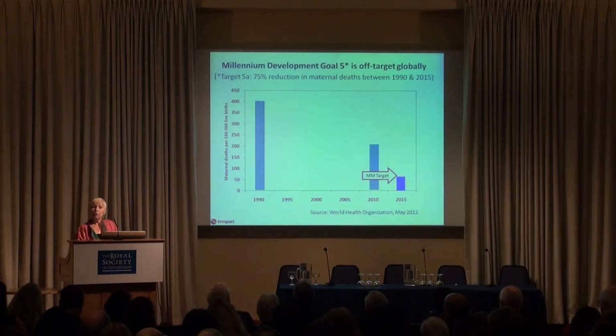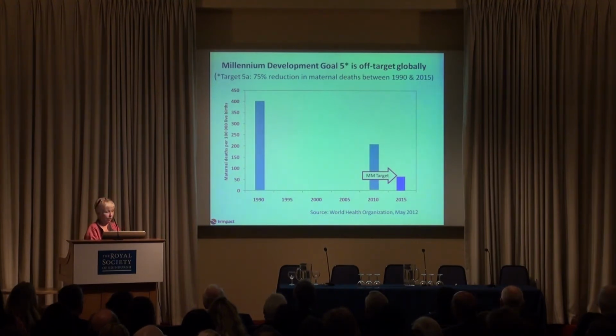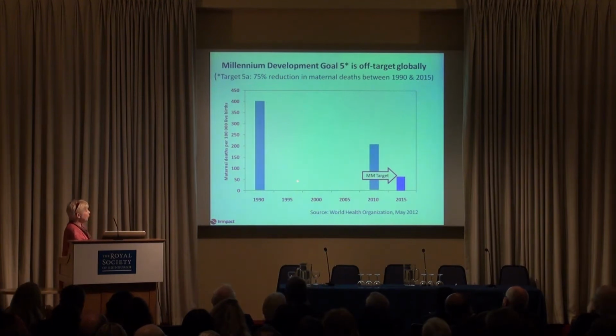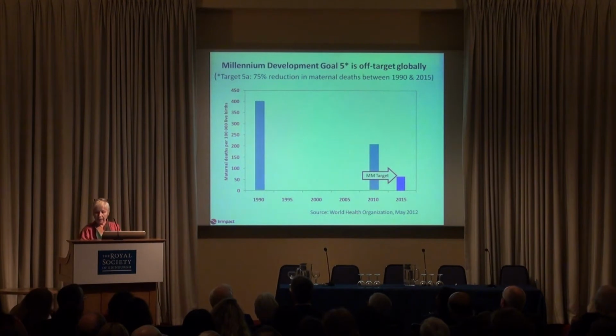This is the latest data from the World Health Organization describing the progress towards Millennium Development Goal number 5, which has the unenviable title of being called the most off target of the 8 MDGs. It shows the level of maternal mortality up the left-hand margin and the period of time. The goal was a 75% reduction between 1990 and 2015. Although there has indeed been a non-trivial amount of progress, we're only 3 years away and we are seriously off target. So this is why it is the most off-target MDG.